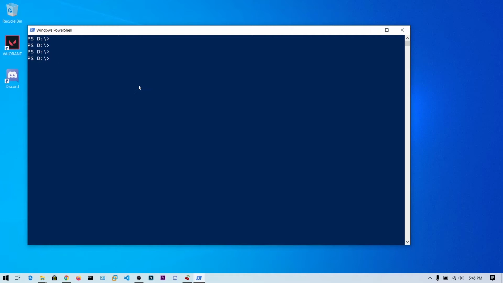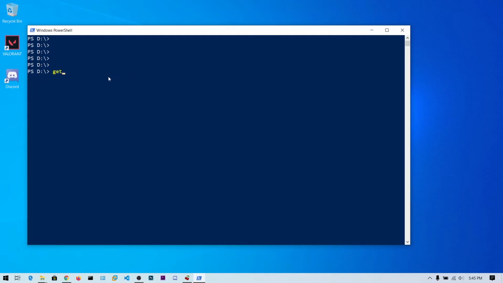If you want to write 10 parameters in a single line, it will not be nice. And if you want to change any parameter's value, you need to go back from the end to that parameter. So it is not a neat way to write 10 parameters. There is another way, and that is called splatting. What we are going to do is store these parameters and their values in a separate variable.